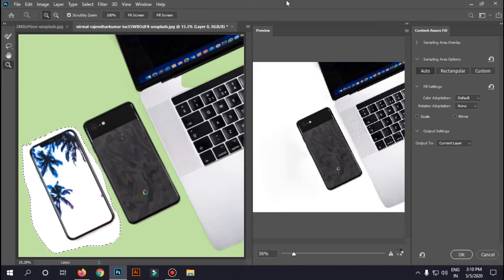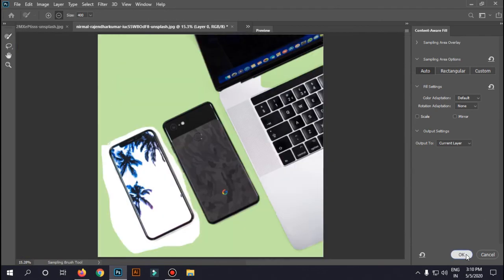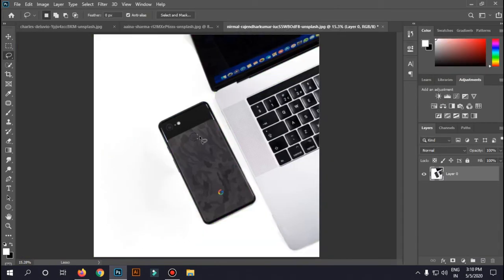Let it load. Give Photoshop some time to load. Yeah, this is good. Just click OK. So in this manner, Ctrl D to deselect. In this manner, you can remove objects in a photo without messing up the original photo or the background.